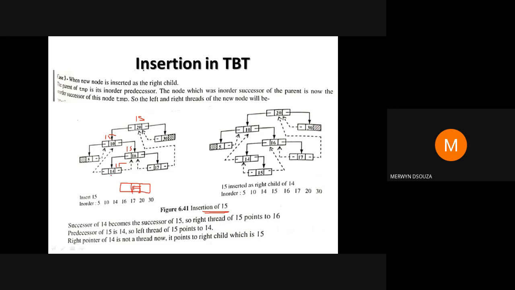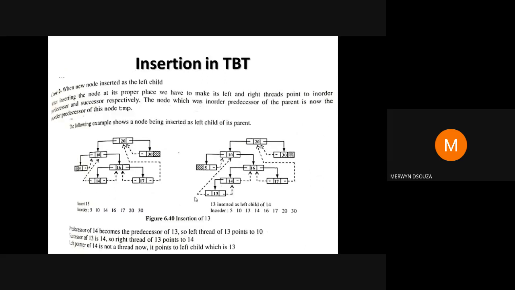After putting 15 in the correct place, do the in order traversal. Your in order traversal will be like this. Then find the predecessor of 15, that is 14, and draw a dashed arrow to 14. Similarly, the in order successor of 15 is 16, so draw one dashed arrow to 16. And that's it. This is how you insert values into a threaded binary tree, and this is the way you can construct it.